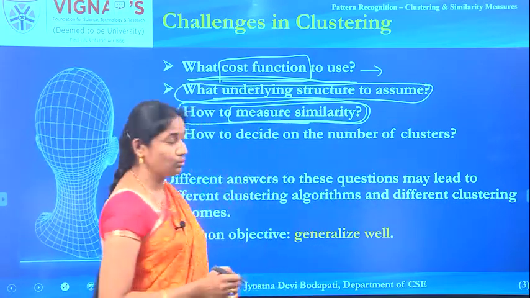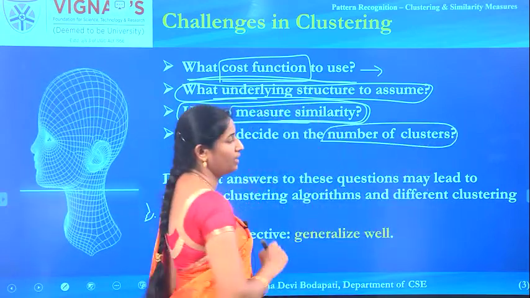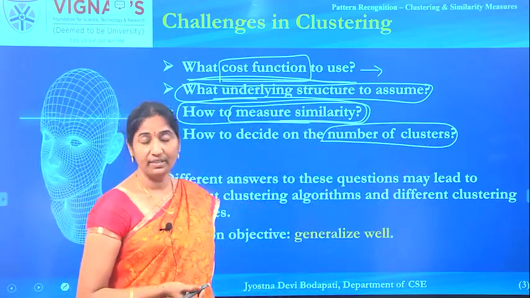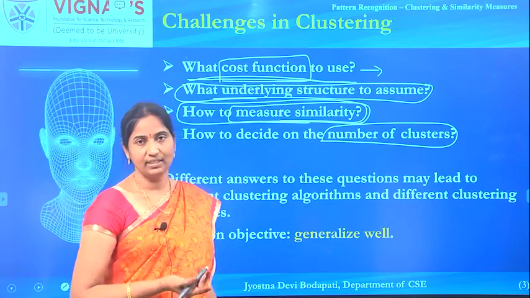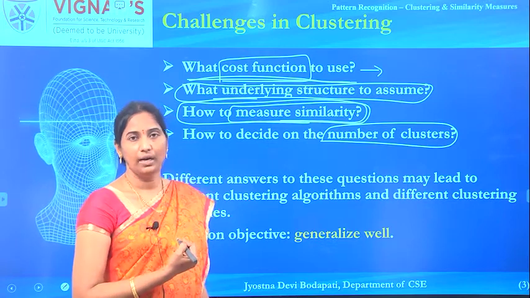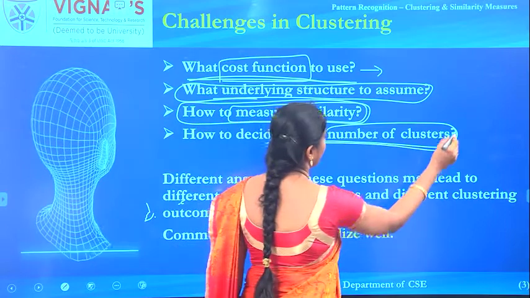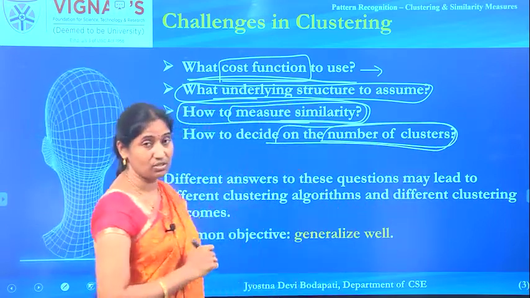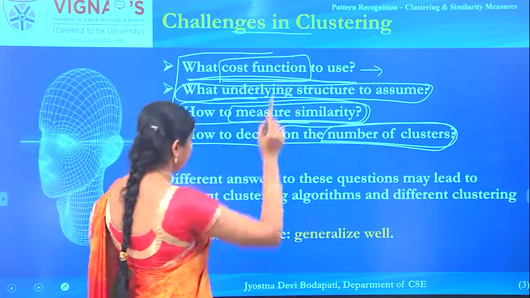One more challenge is how many clusters can be formed. Given the data, whether there are 2 clusters or 10 clusters, we don't have any idea on seeing the data. That will not be provided to the algorithm or to the user. So how to get an idea on the number of clusters? These are all the various challenges in applying clustering on the given data.